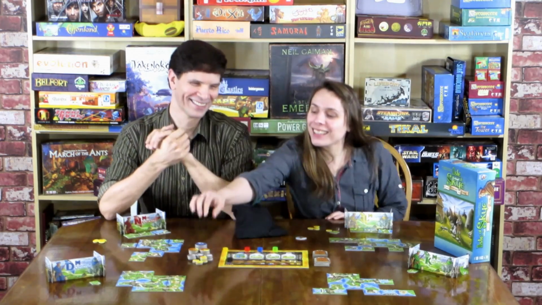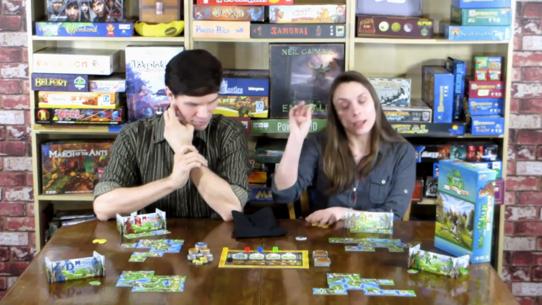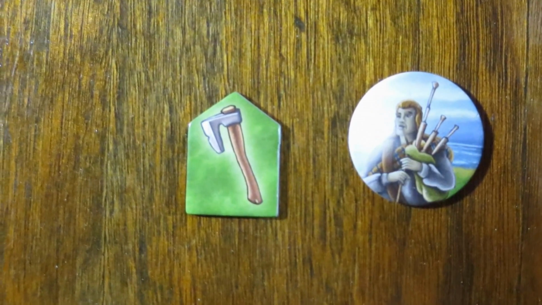Let's say you have your tokens. Everyone starts with 5 at first, and you also have an axe. That's important because even though you've drawn 3 tiles, these are the tiles that you have for sale. And behind each one...